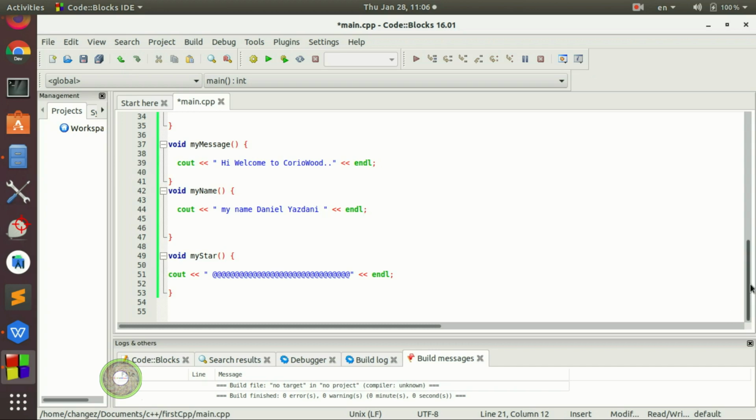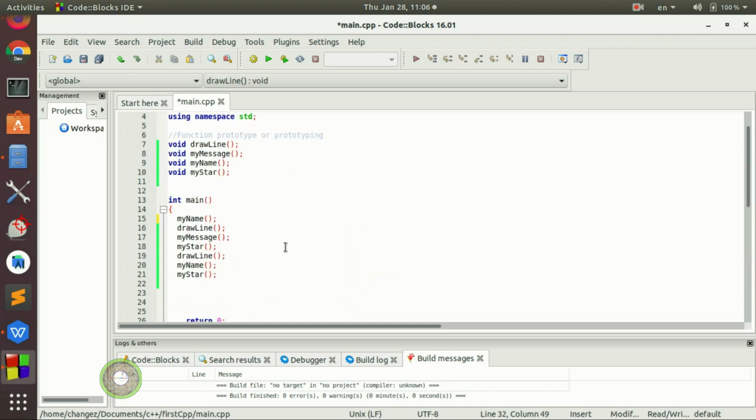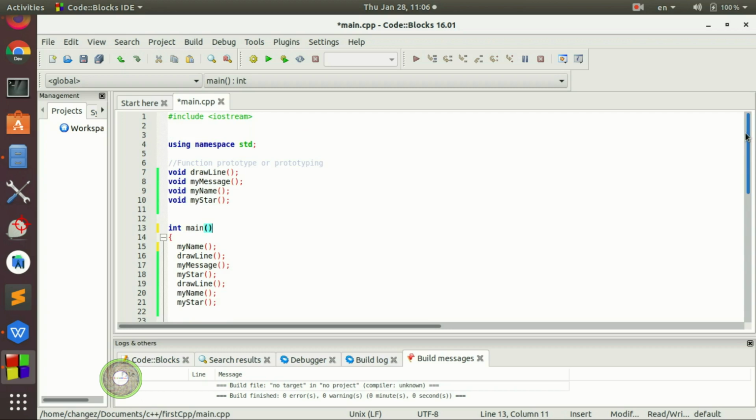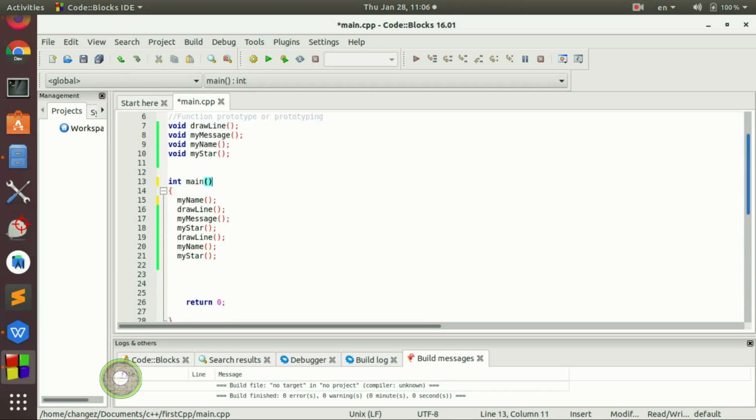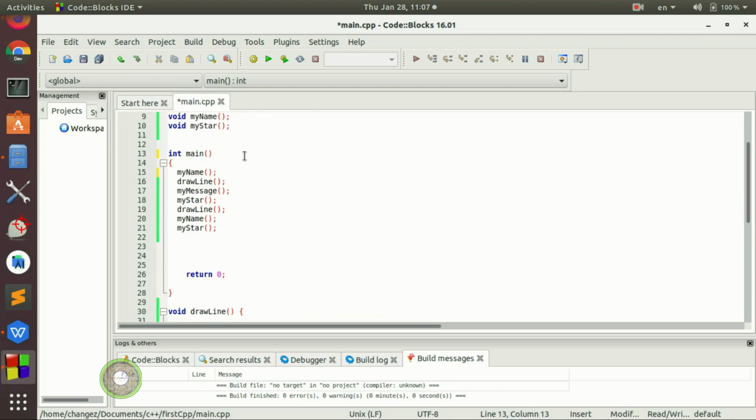So I say it again, the only function that does not require this prototyping is main because it's already defined in the compiler, and the compiler also reserves memory for this. So this is the main, and you cannot declare main anywhere else. Just remember, guys, you cannot say double main or float main or int main or this main, because the compiler treats this as special,